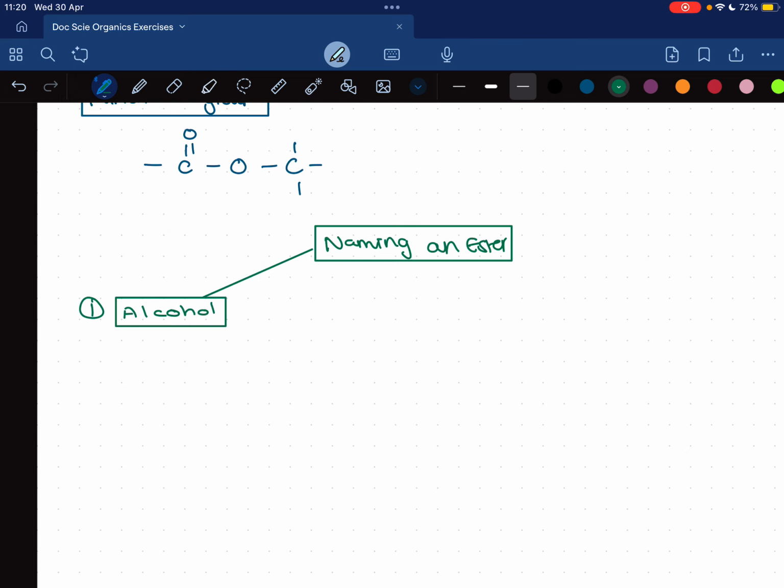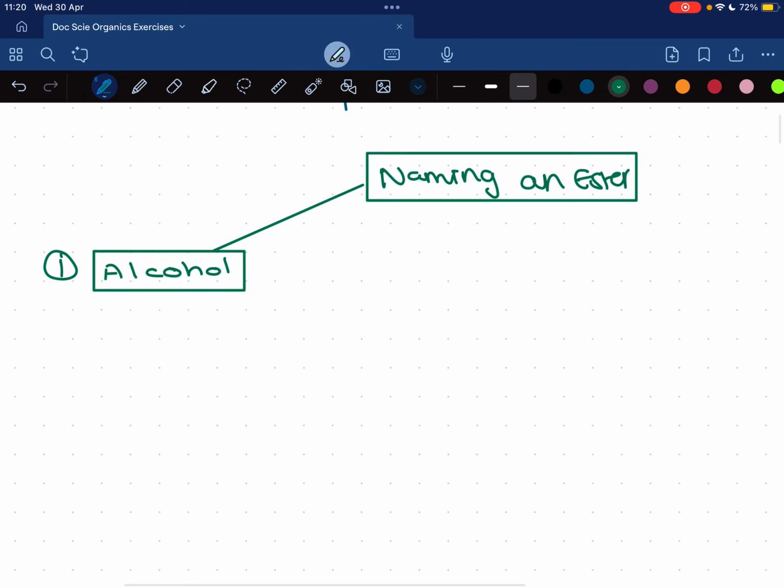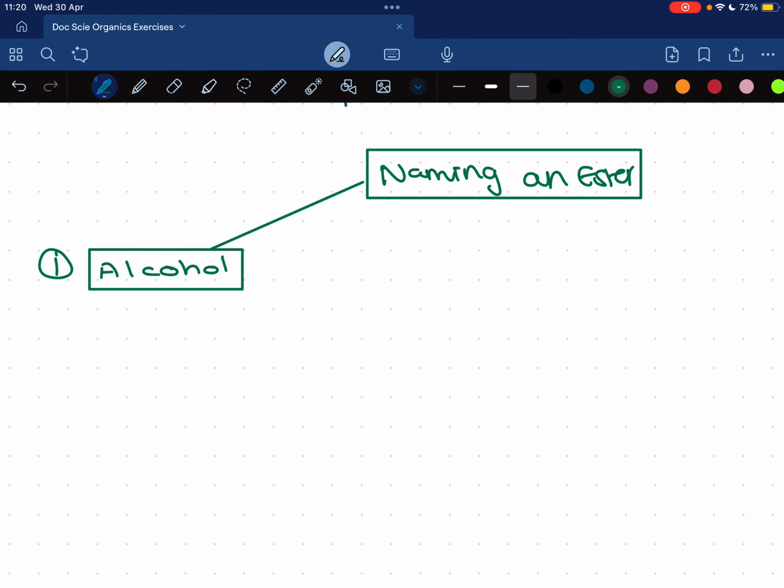When it comes to the alcohol, we name it by replacing the ending. We essentially turn the alcohol into an alkyl group. What that means is we would take, for example,